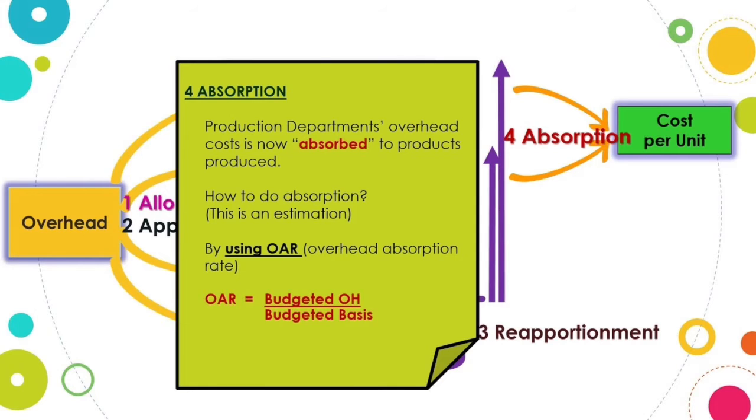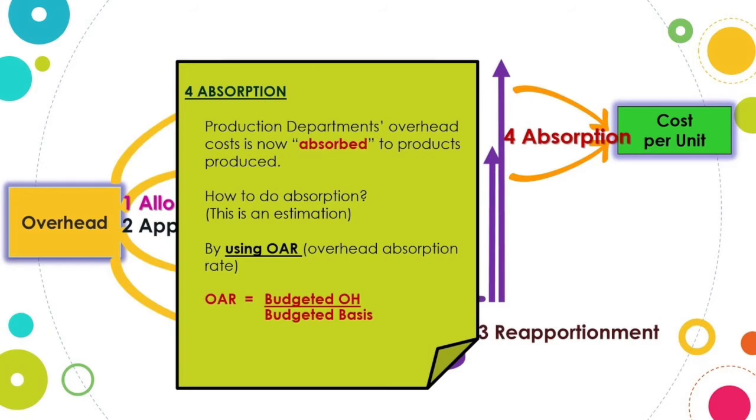And certain expenses are there which cannot be allocated directly to a department, and that is when you give them a proportionate charge of the expense, which is called apportionment. So against number two, it is mentioned apportionment of expenses. Then you have the third stage, which is called reapportionment of expenses. That means you're again doing this proportionate charging of expenses repetitively. That is why it is called reapportionment of expenses. And the last stage is absorption of overheads.